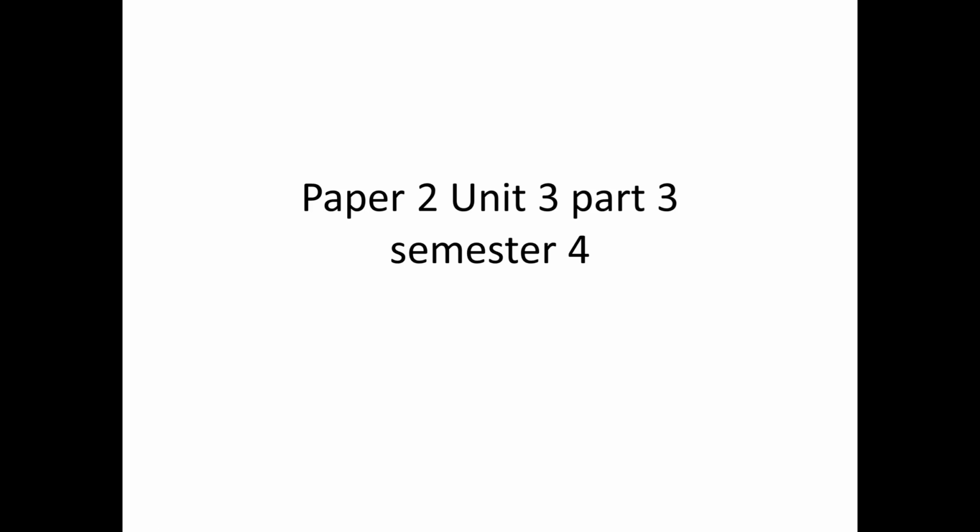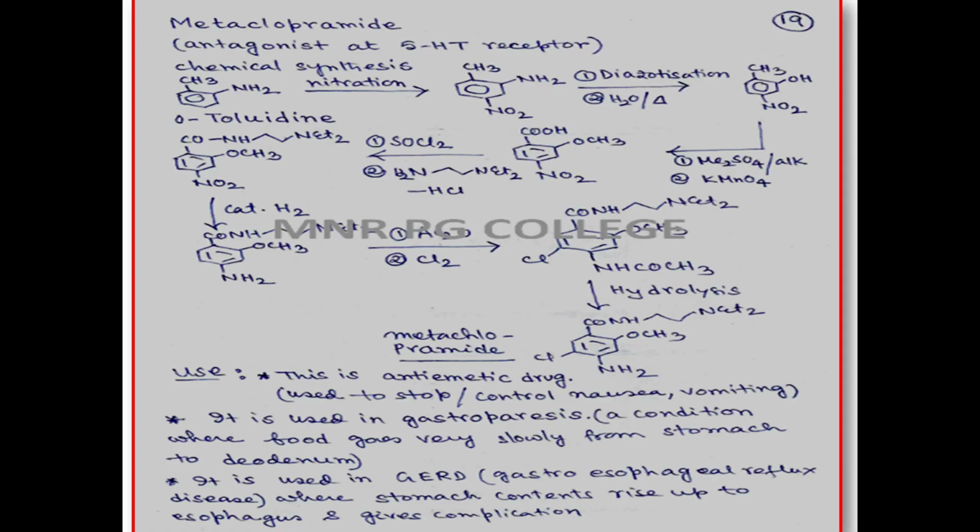So let us start the third part of this unit, where first we are going to discuss one molecule, that is metoclopramide. Metoclopramide, from this little part of the structure of the molecule can be understood. That is, this molecule has one amide. This molecule contains one amide, and at the meta position of this amide functional group there is one chlorine,